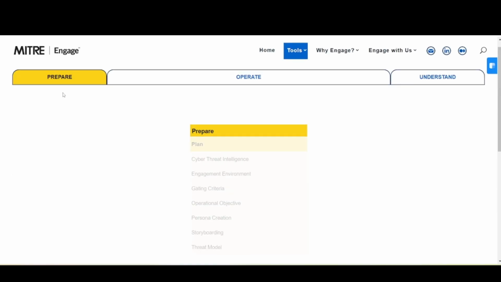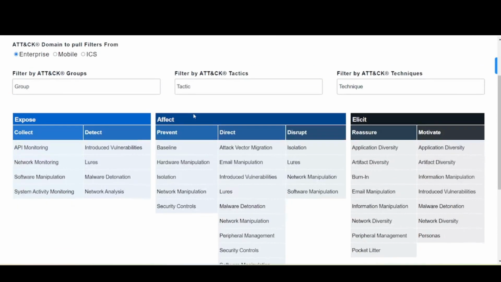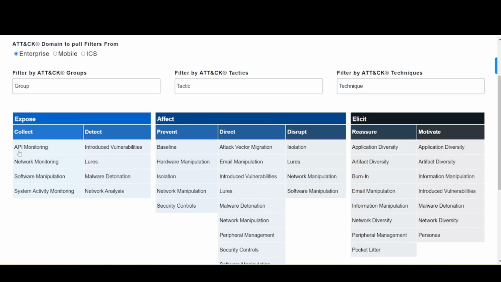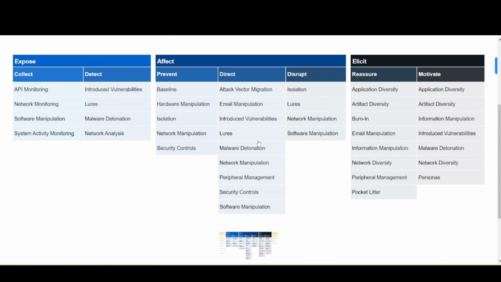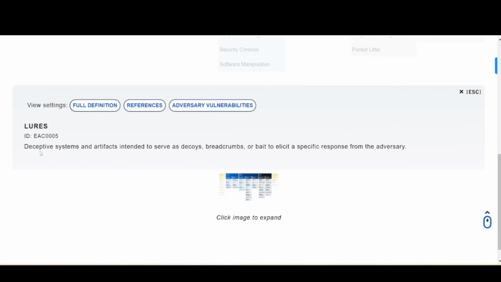Okay, and lives and operates. If you go through here, you'll see expose, affect, and elicit, right? And you see under disrupt, you'll find lures. So you click on lures and read the definition here. Deceptive systems and artifacts intended to serve as decoys, breadcrumbs, or bait to elicit a specific response from the adversary. So lures is what we're looking for here.